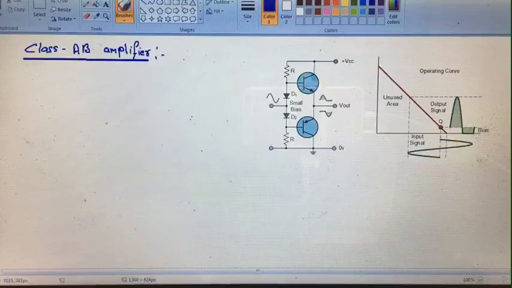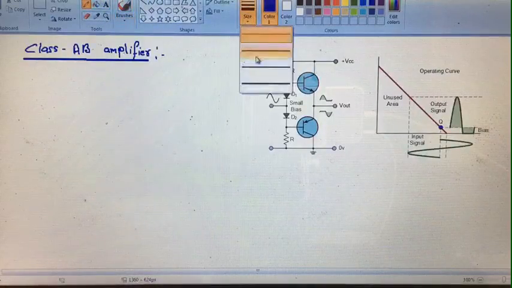See, in case of class A amplifier, the quiescent point is selected in the mid of the DC load line, and in class B amplifier, the quiescent point is selected at the cutoff point. So, in class AB amplifier, the quiescent point will be nearly to the cutoff region, but not on the cutoff. So here we have selected the quiescent point at the cutoff region, but not in actual at the cutoff,